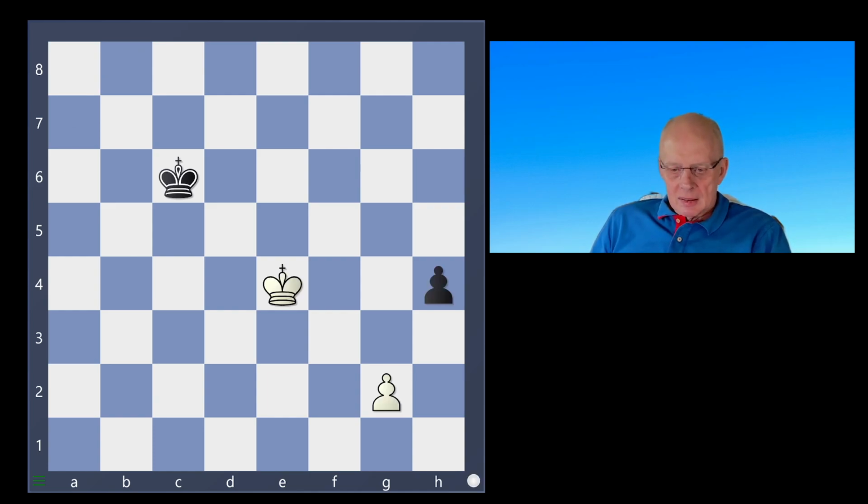In this case, we do not have a rook pawn yet. White has a pawn on g2. These are the key squares. And if white could just capture the pawn on h4, they would be on a key square and would be